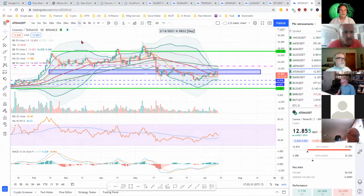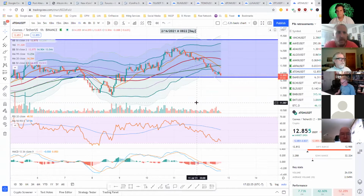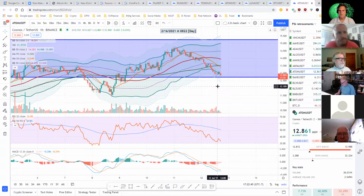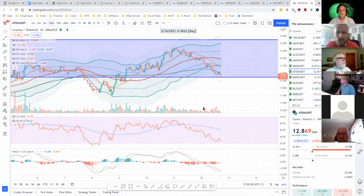So let's see if we have some recent activity that's useful. On the hour, it's going into a dip sequence. We have retracement potential, all the way up here, almost 14%. So that's pretty good. On the 5-minute,